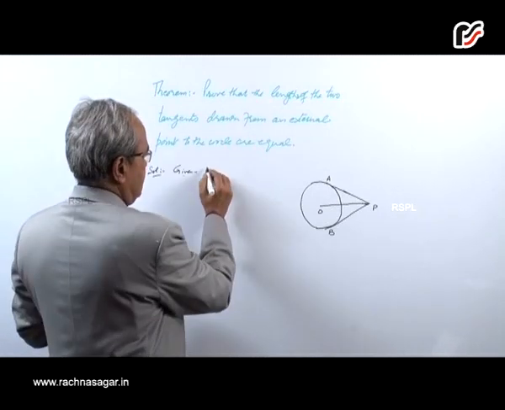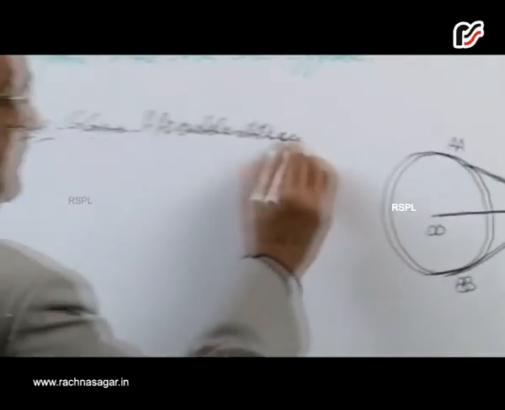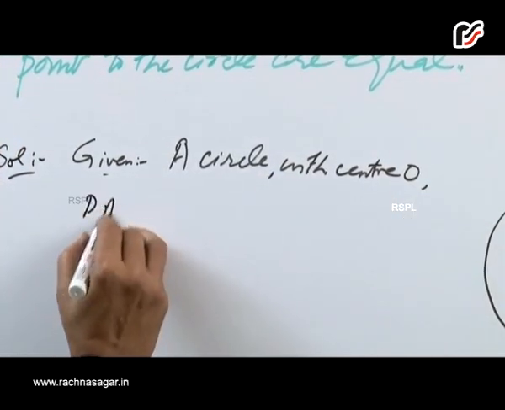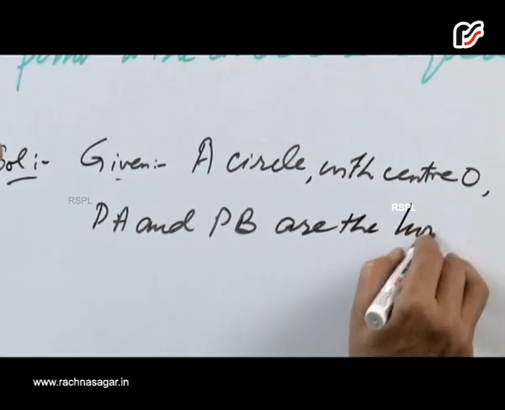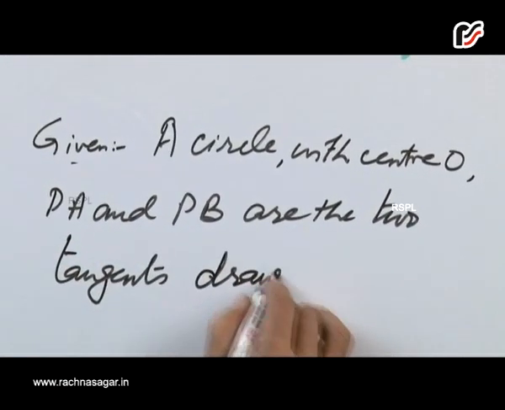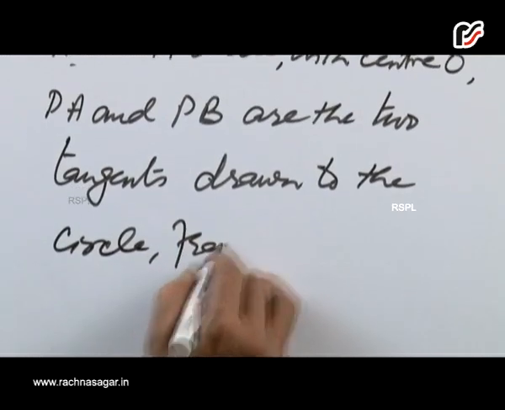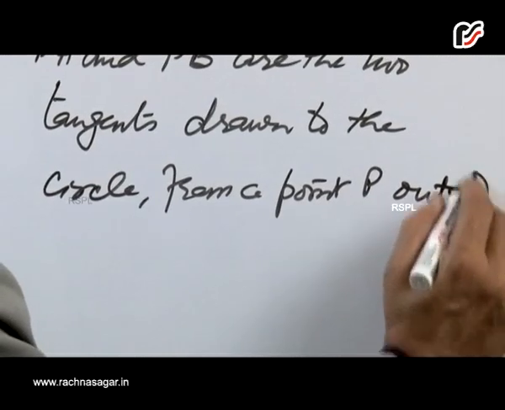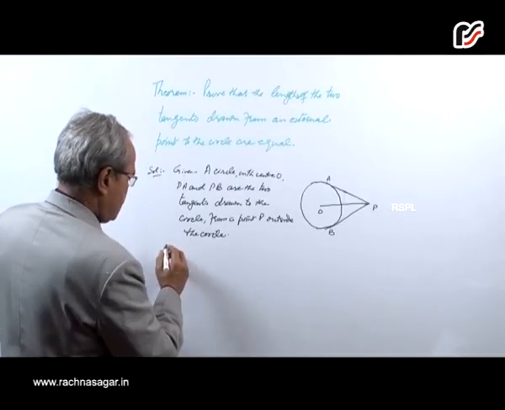Given a circle with center O, PA and PB are the two tangents drawn to the circle from a point P outside the circle. To prove